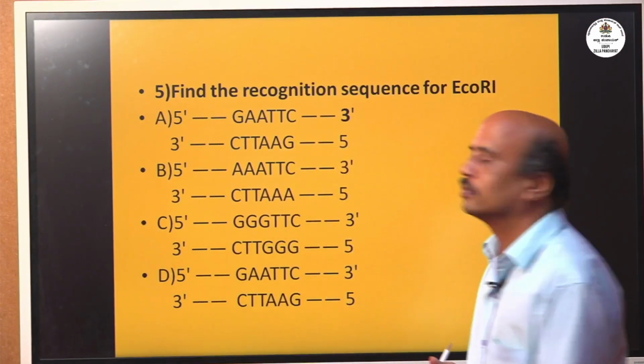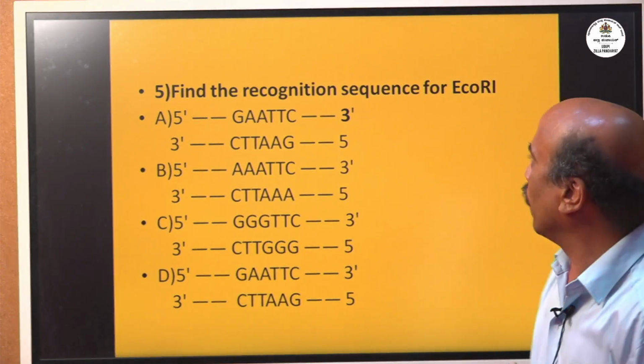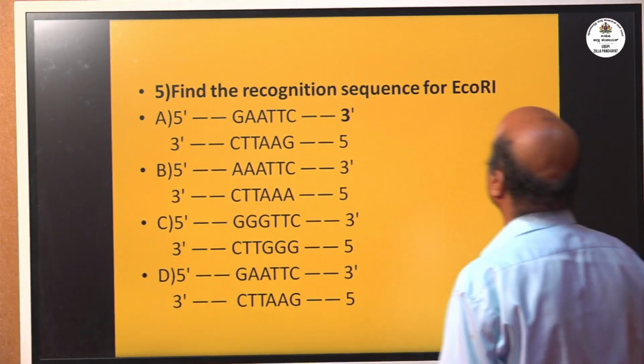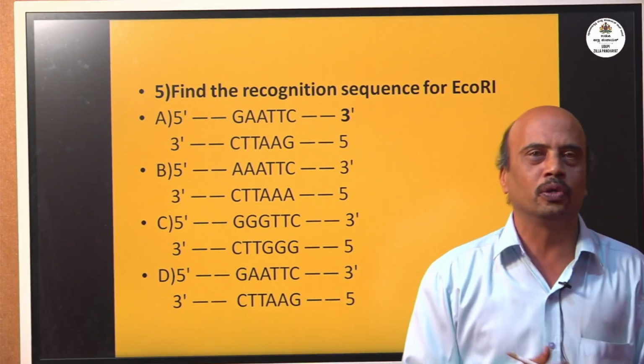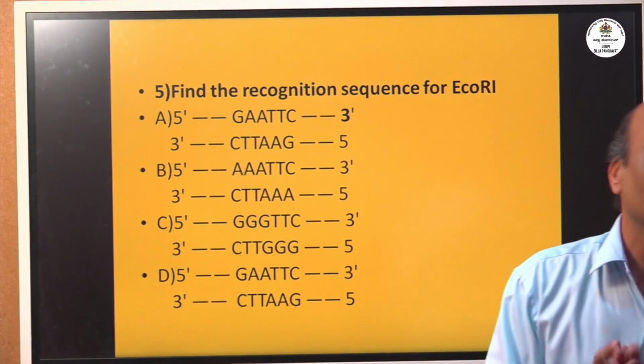Next question. See, find the recognition sequence for Escherichia coli restriction 1 endonuclease. Recognition sequence. You know, you have to remember